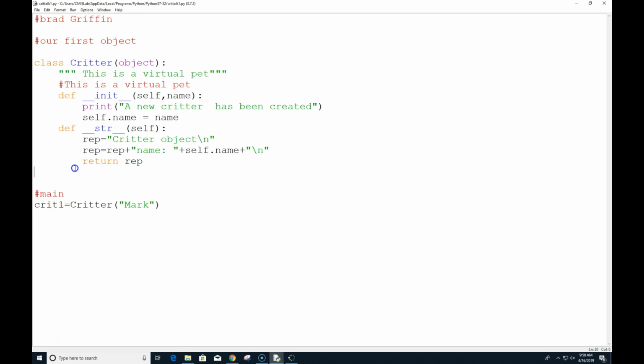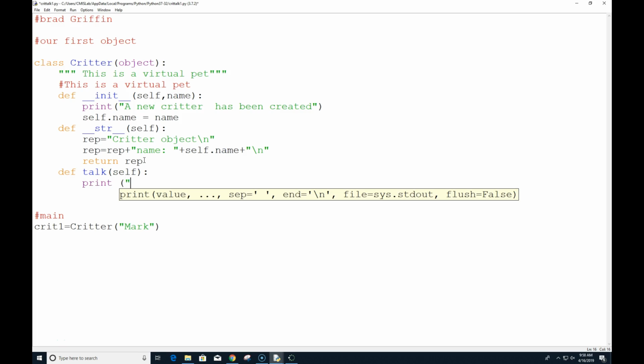We need to also create one more piece in here, and we need our talk function back. So talk, and so here we could say hi, and then self.name, because we had that handy item we created.